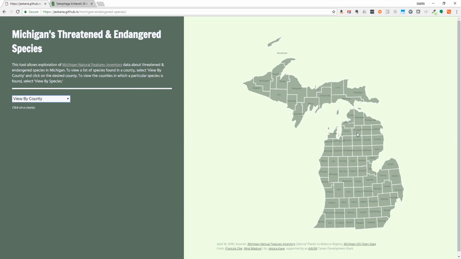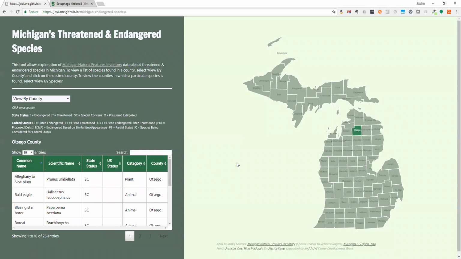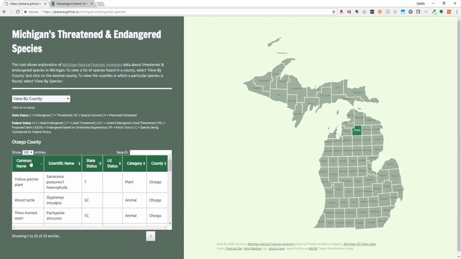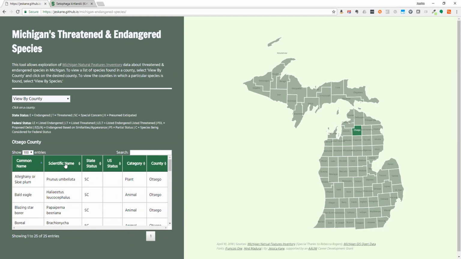Instructions say to click on a county. So you can say, let's say Otsego County. It comes up with a table here with a number of different species. We can say we want to look at all of them, and then we can sort on each of these